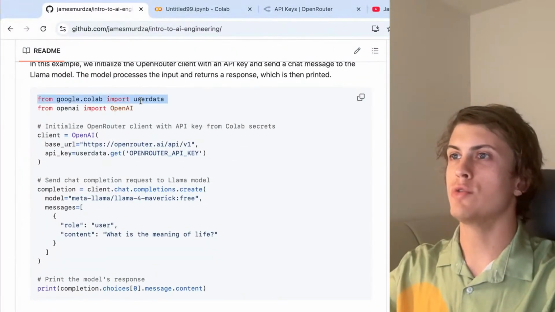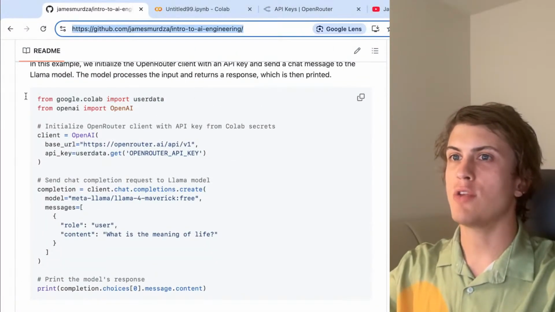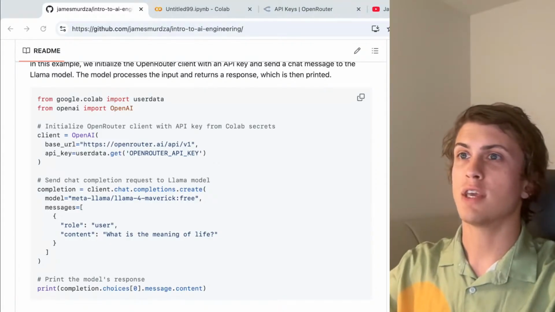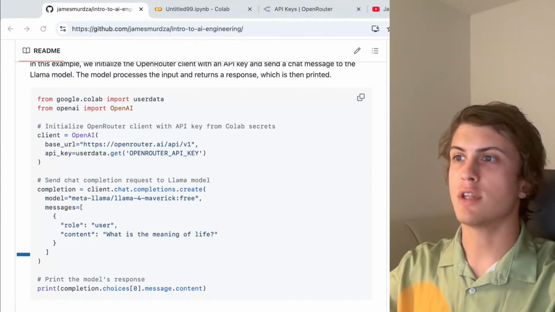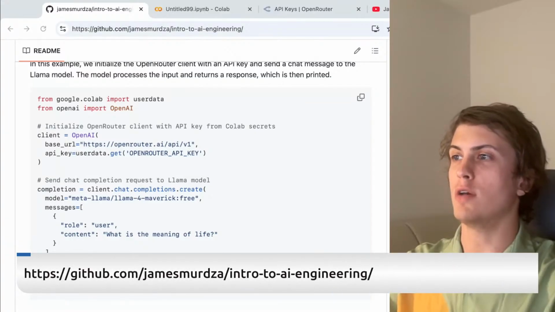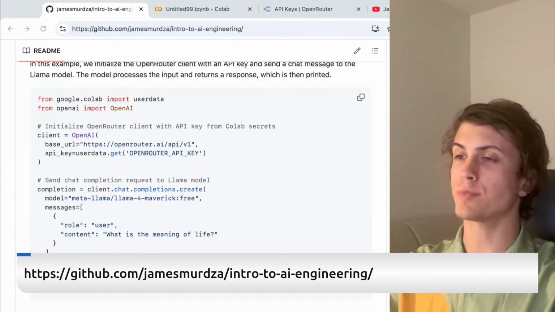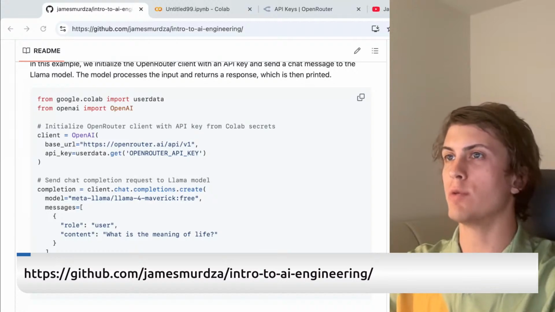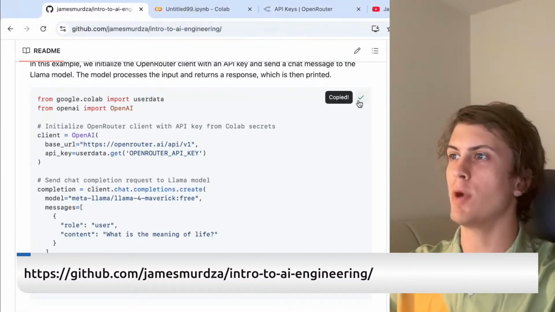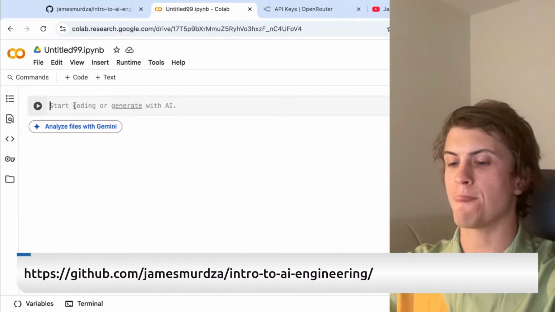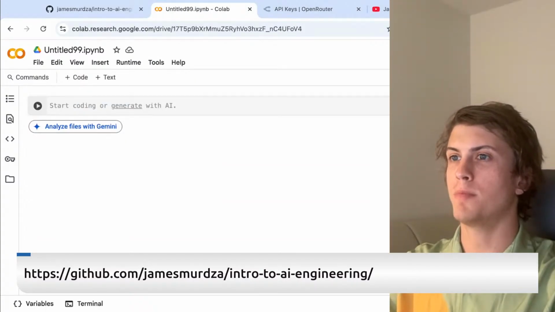So you would go to... let me send you here the URL of this notebook, in case you don't have it. So this is the URL of the notebook. It's github.com/JamesMerza/intro to AI engineering. So you would be able to copy and paste. Just click this copy button, and then you'll go to your notebook here. Paste here,